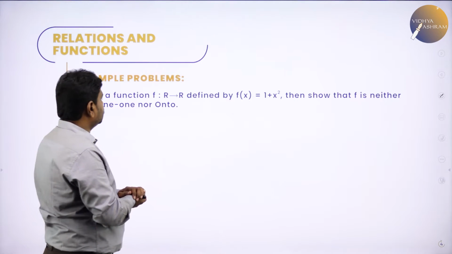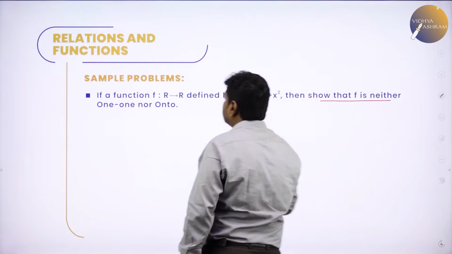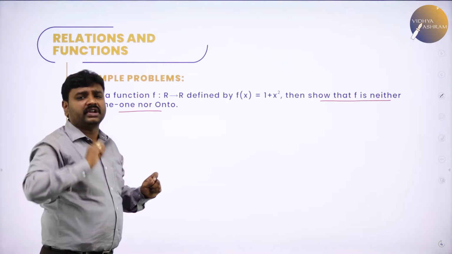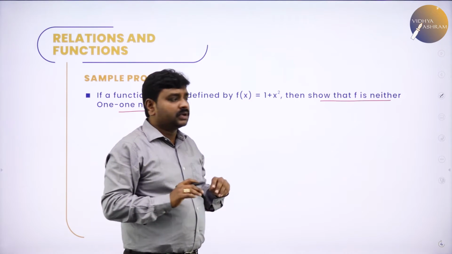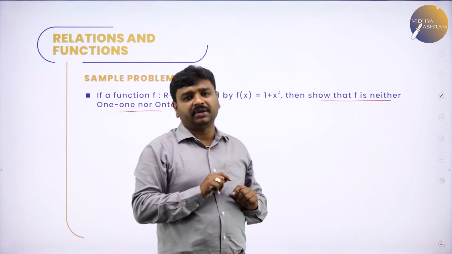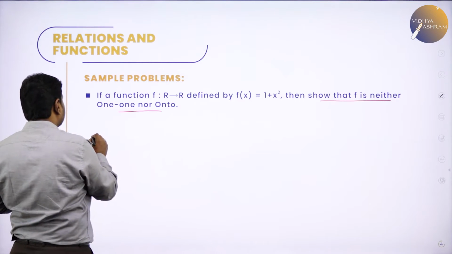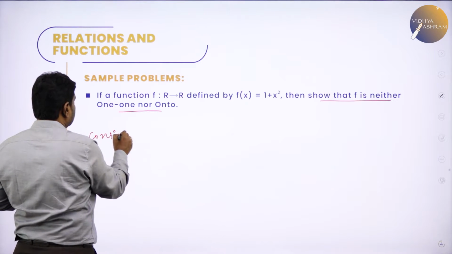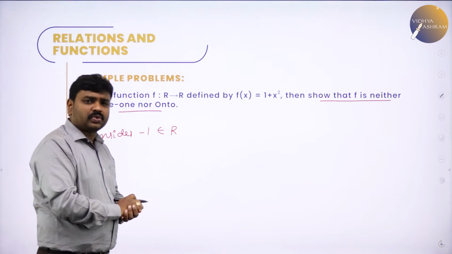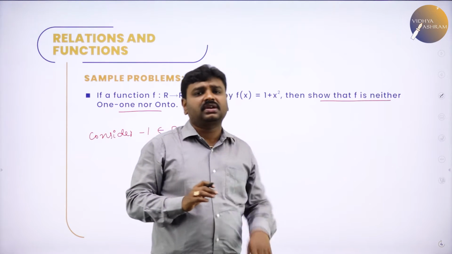From here it's important. Now we will go ahead with sample problems. Very important. They are asking you to prove neither 1-1 nor onto. F is a mapping from where to where? Real numbers to real numbers. See, it is simple. 1-1 means different elements should have different images. Here I will take real numbers, one negative, one positive. So now consider minus 1 belongs to R. Do you agree or not? Is minus 1 a real number? What are real numbers? Negative numbers, positive numbers, all numbers are real.